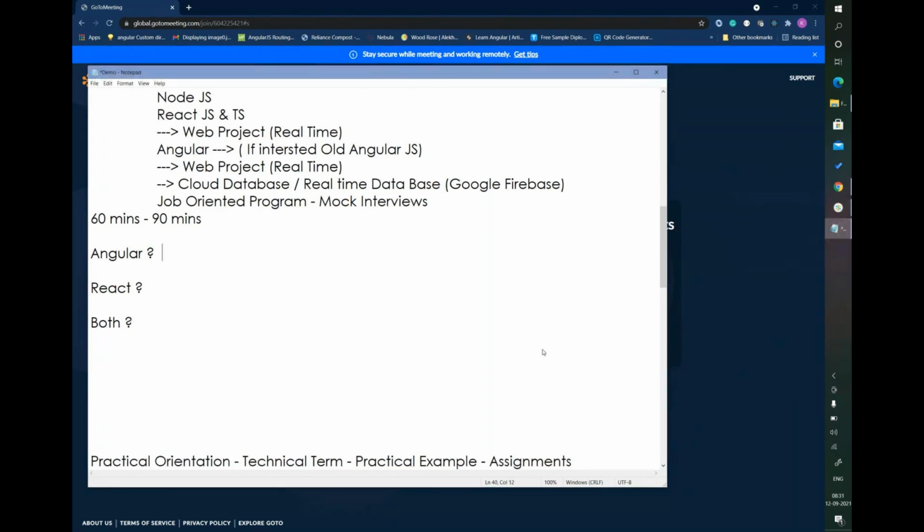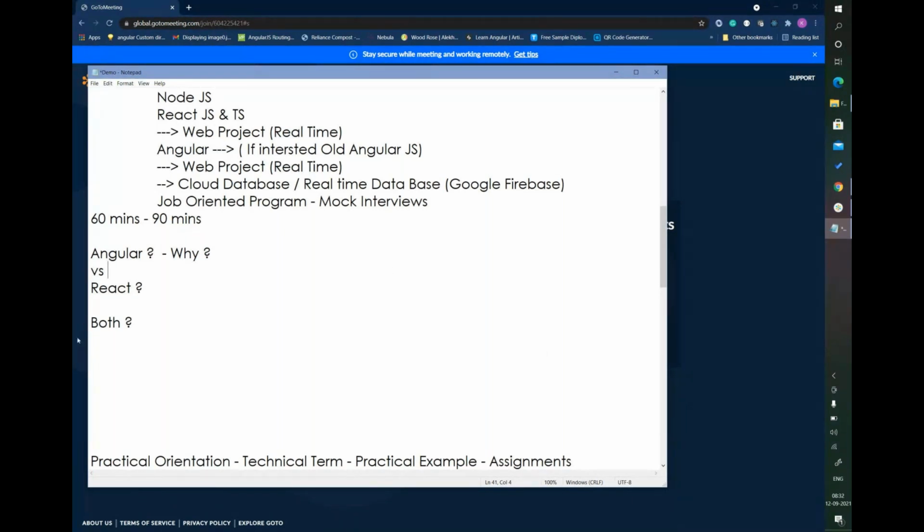My question here is, why Angular? One answer: Angular is powerful for SPA applications, and React is for mobile and native applications. So you think Angular is more powerful than React, right, in SPA?